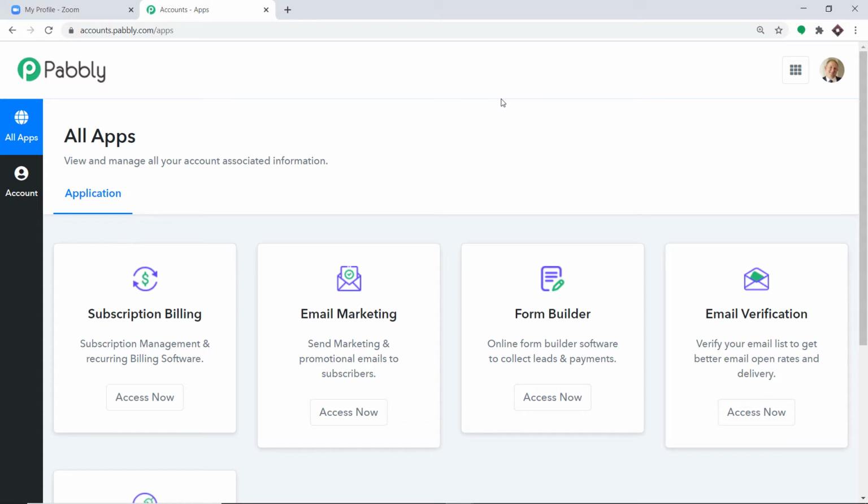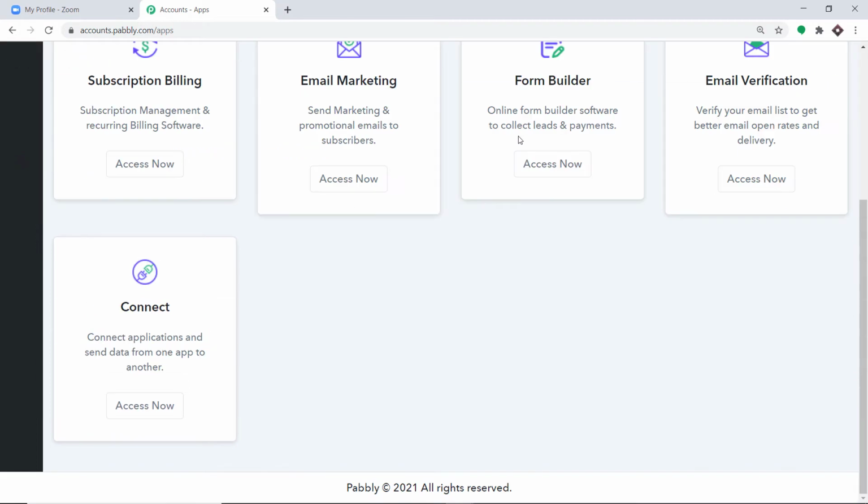You can also create your own free account in just 2 minutes. I would like to mention one more thing: Pabbly Connect offers a plan where this integration can be tried out absolutely free. You just have to clone the template of its workflow, which is available in the description box. Once you clone the template, you will get immediate access to this amazing workflow in your account. Scroll down and here you will find Connect. Just click on access now.